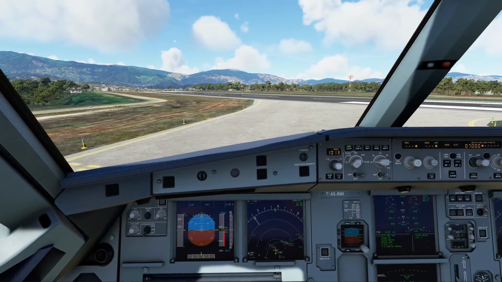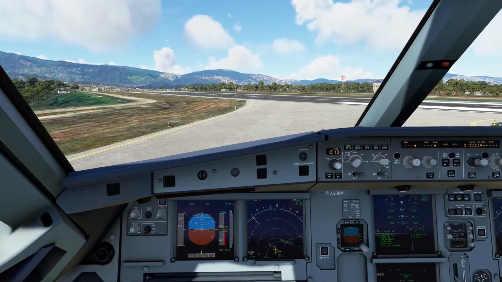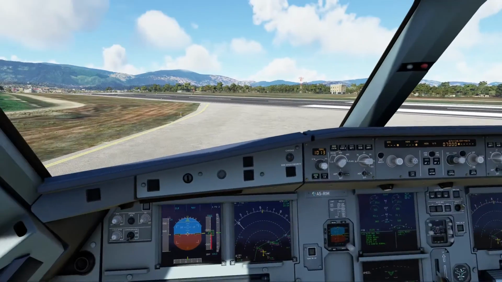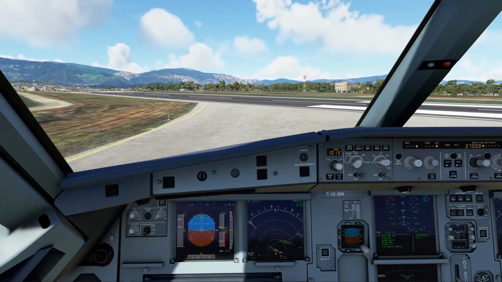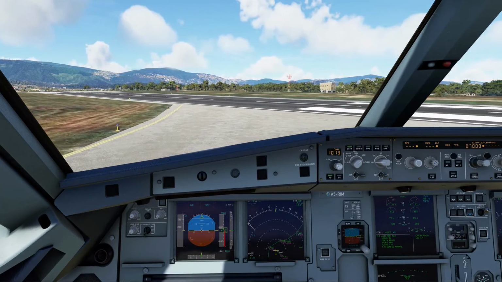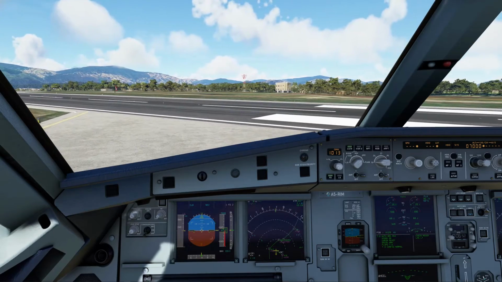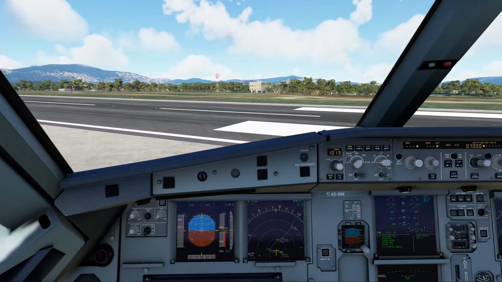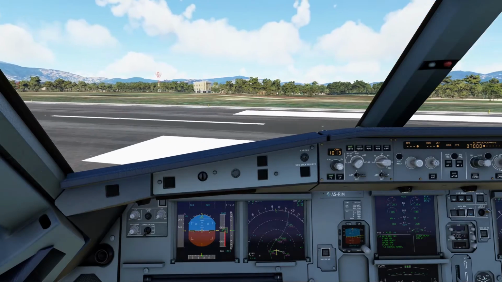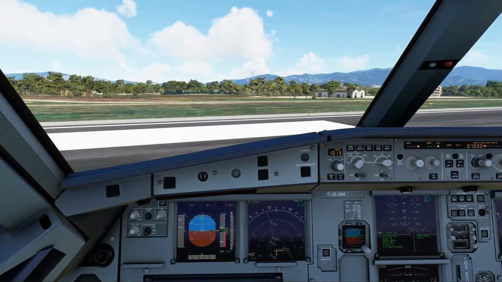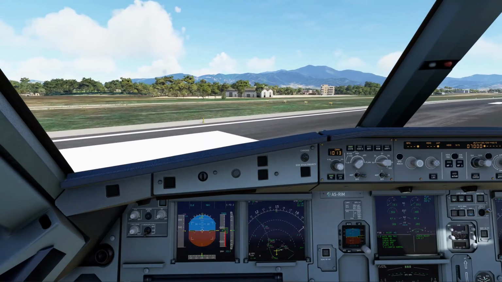Okay, so the approach path is clear. I don't suppose they get many flights per day here at Kathmandu. Alright, so we've got 131 on the FMA, climb blue, nav blue, flight director 1 and 2, and 7,000 set.